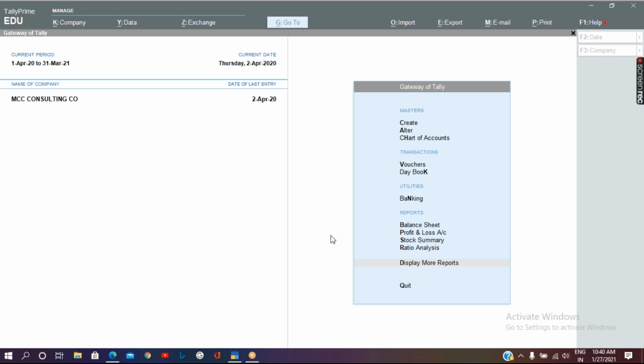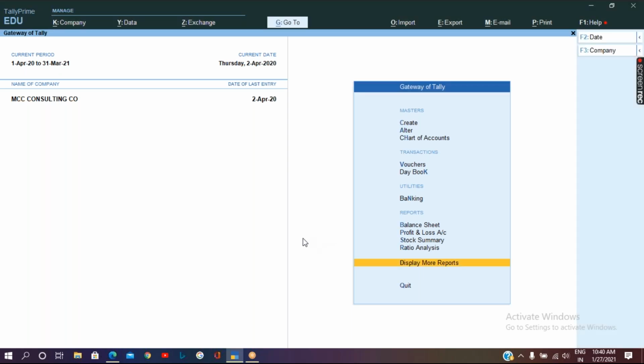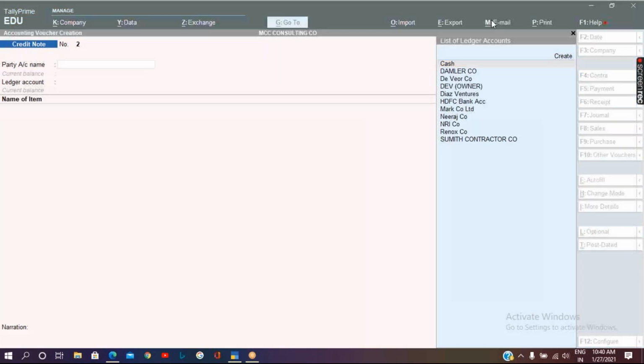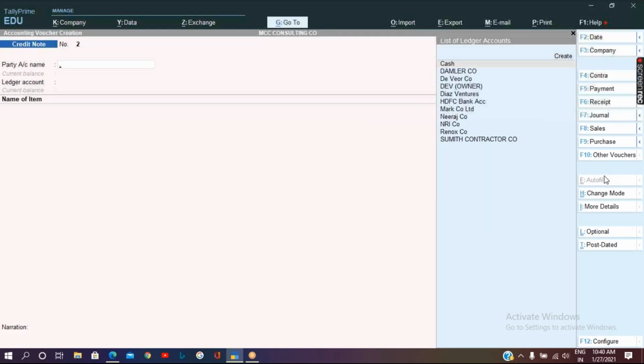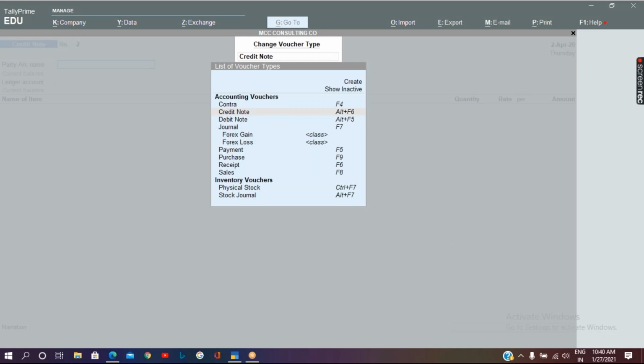Alt F5, from which screen ma'am? I think Alt F5 is a voucher type. So what you are going to get is for passing a debit note entry.